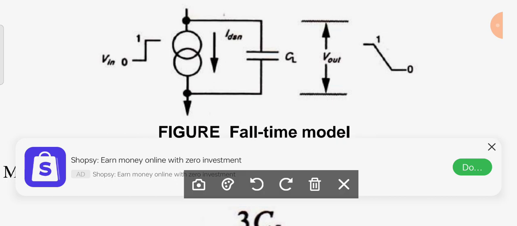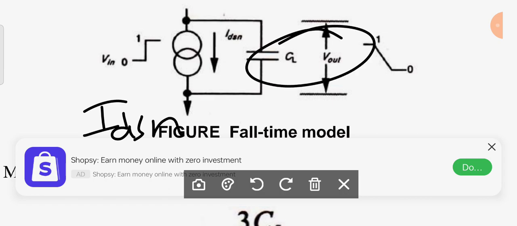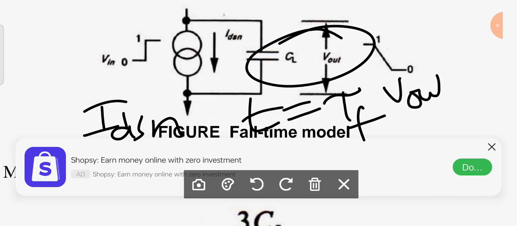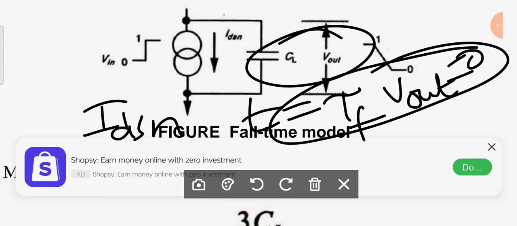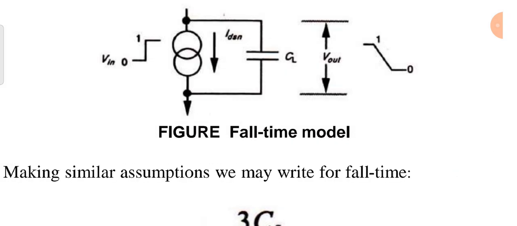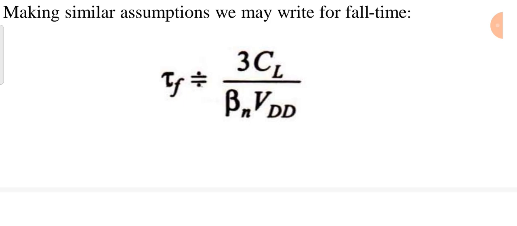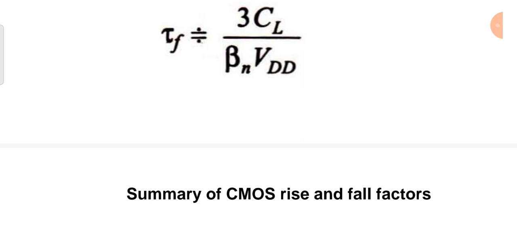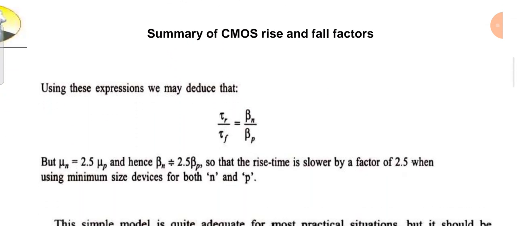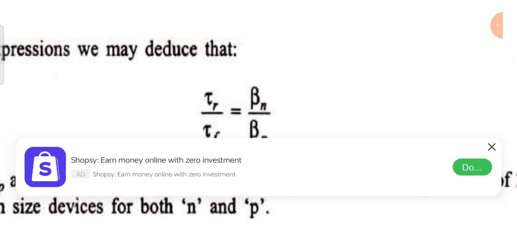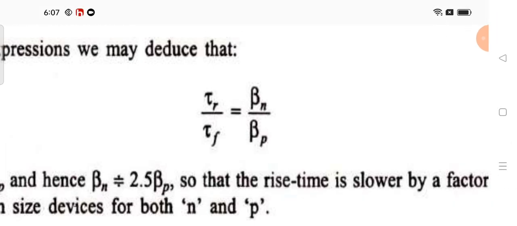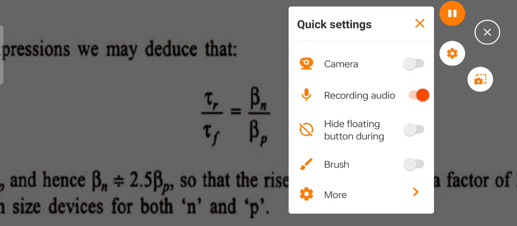Similarly, if you do the same expressions, if you consider IDSN and calculate the output voltage, if you assume T as a fall time, now here V out is 0. If you assume the same, then you can get the same expression: 3CL by beta n into VDD. Now you can observe that very clearly. That is a very important point. If you take tau R by tau F, that means if you consider the relationship between rise time and fall time,